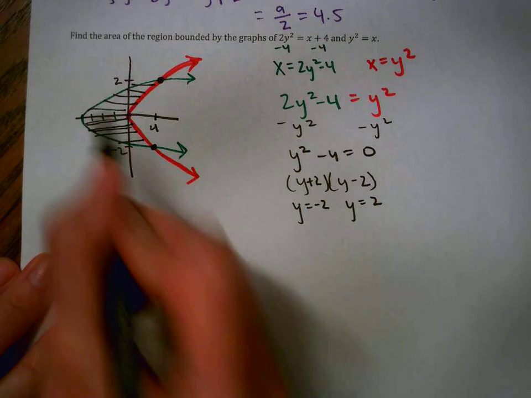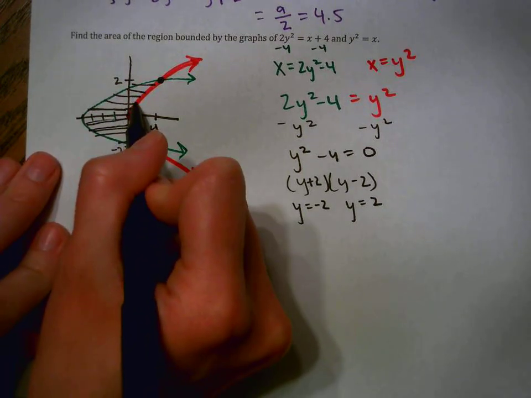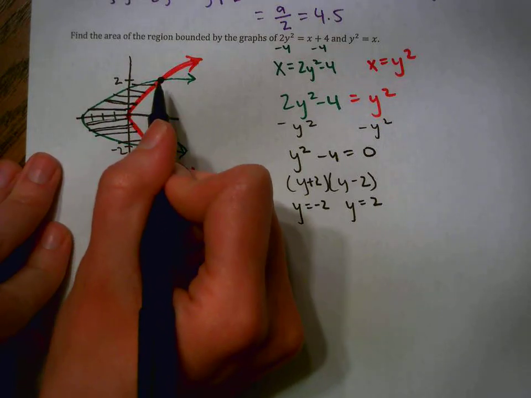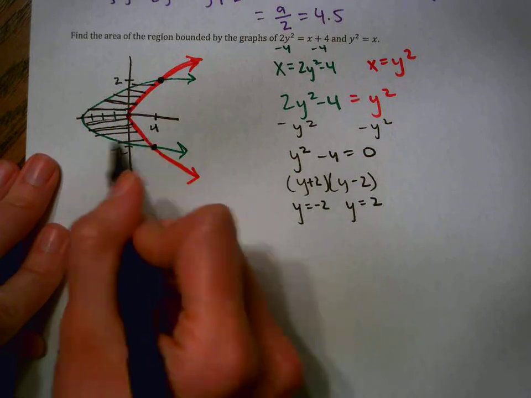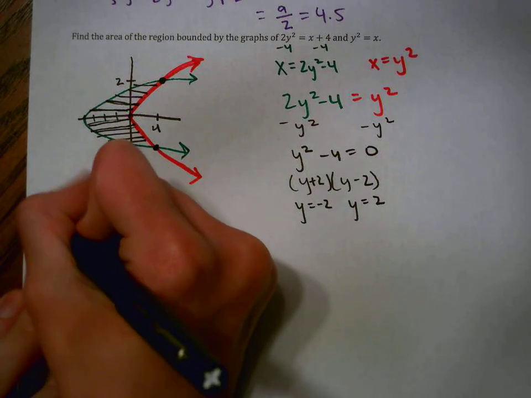So does it stay consistent? You should always ask yourself, draw some lines and say, does it stay consistent, the right function to the left function, which in this case it does, right? You start on the red function and you go to the green function for this whole shaded area. So that means we get to set up only one integral. So our area